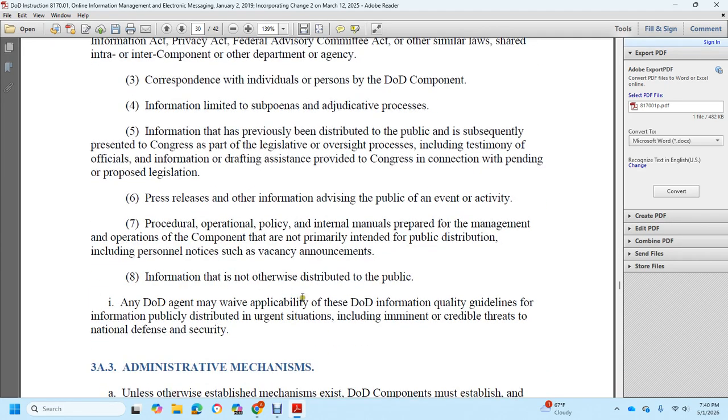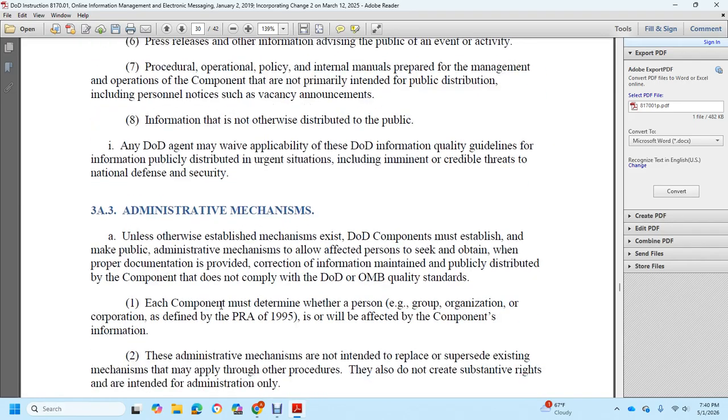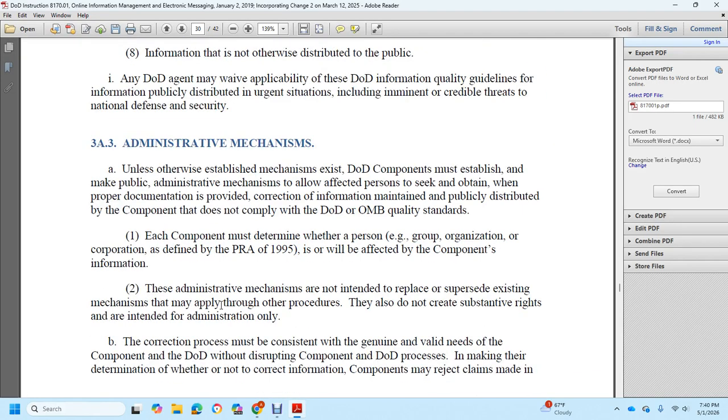The DoD agent may waive the applicable DoD information quality guidelines for information publicly distributed in urgent situations, including imminent credible threats to the national defense and security. Administrative mechanisms: unless otherwise established, mechanisms that exist within the DoD component may establish public administrative mechanisms that allow affected persons to seek and obtain, with proper documentation, correction of information maintained and publicly distributed by components if it does not comply with the DoD and Office of Management and Budget